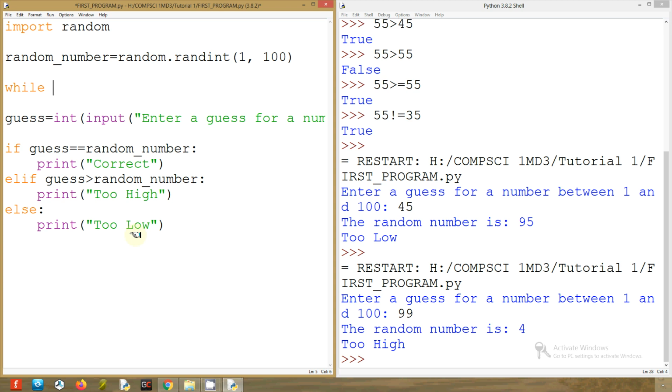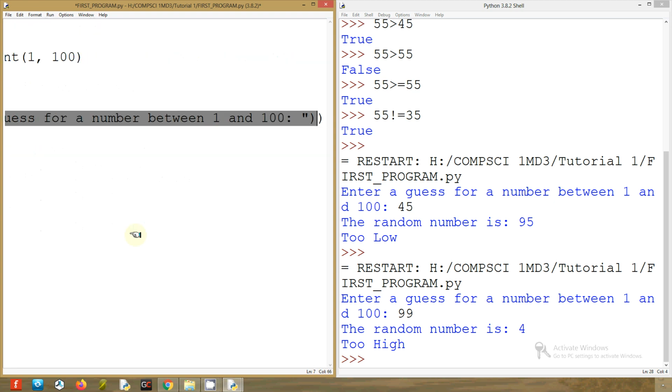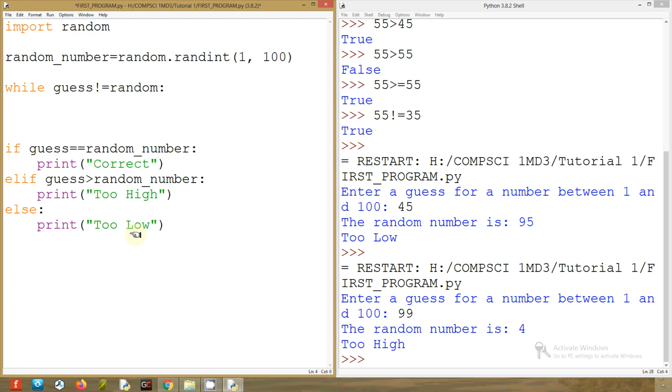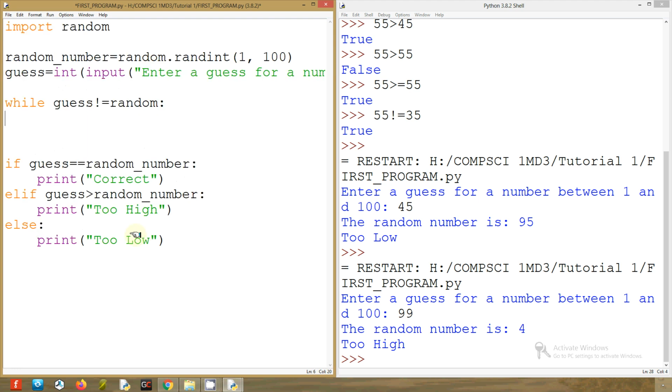So I'm going to give you guys some more time to think about this. Under what condition should this game keep on looping over and over? Right, so the game should only end when the guess is equal to the random number. So I'm going to say while guess is not equal to random number, we're going to repeat some code. So I'm going to move the guess above the while statement, my apologies. And I'm going to say while guess is not equal to random,